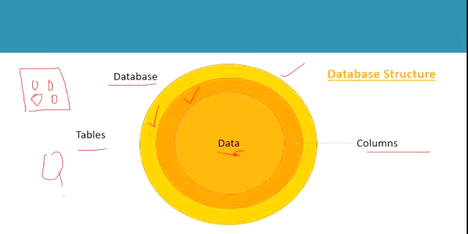Basically, if an attacker tries to attack the database, actually he needs the data, right? So to gather the data, you need to go step by step inside that database. First of all, find out information about the database name, then gather information about the table names, then gather information about the column names, and then you can find out the data inside that, right? So this is the kind of database structure we are going to use in the video.